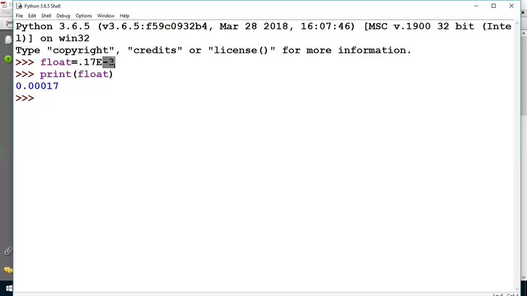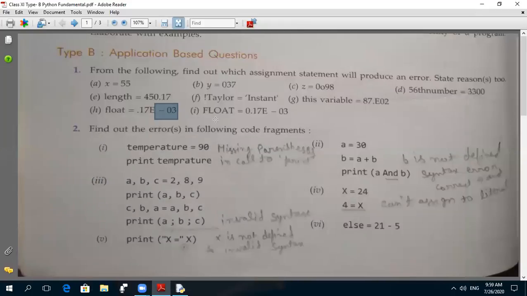If the power is minus 3, then the point will shift to the left side. It is like this in maths. Is it clear or not? Students, is it clear? Yes, sir. Very good. Similarly, this one, there is no error. Come to the second part.